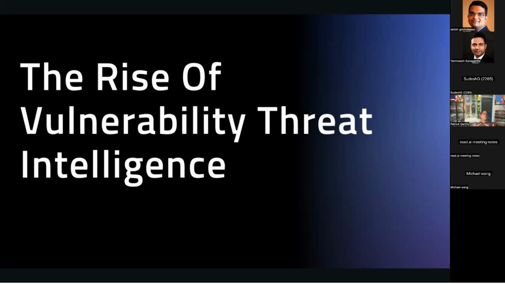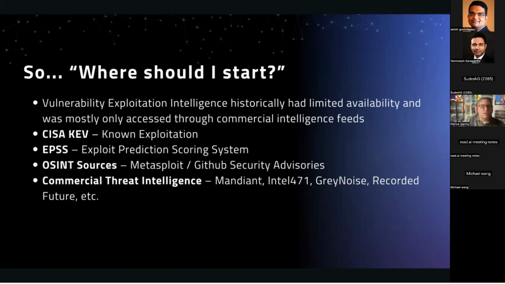If you look back, vulnerability threat intelligence was not accessible until recently. I'll talk about a few different projects that are open standards. Most people, if they had vulnerability threat intelligence, got it through commercial feeds. So that would be like a Mandiant, a Recorded Future, Intel 471. However, that data has historically been pretty minimal. So it's going to tell you some evidence of things like exploitation or ransomware for certain CVEs, but it's not going to cover everything. And it's incredibly valuable. I don't want to discount it.